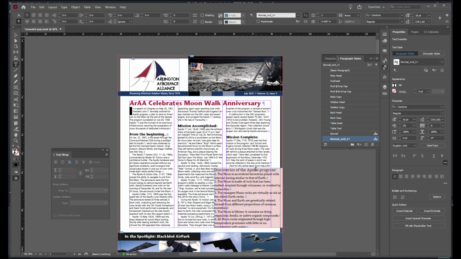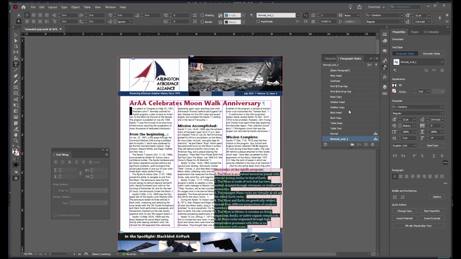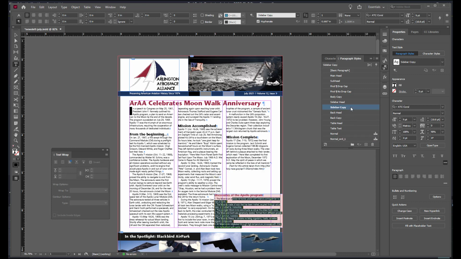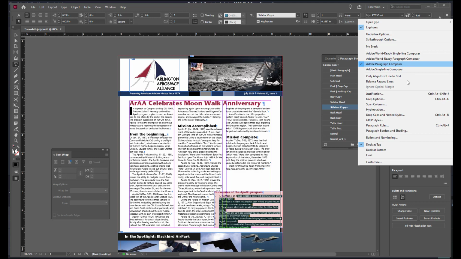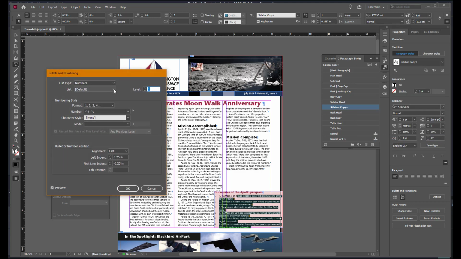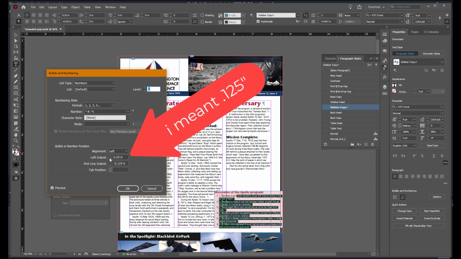Next, put an insertion point in the title and apply the sidebar head to that, and apply sidebar copy to the rest of the text. In your Paragraph panel, you want to apply the bullet numbering to that text, and then in the options, bring up the Bullets and Numbering options and change the first line indent to a negative 0.15, with the left indent